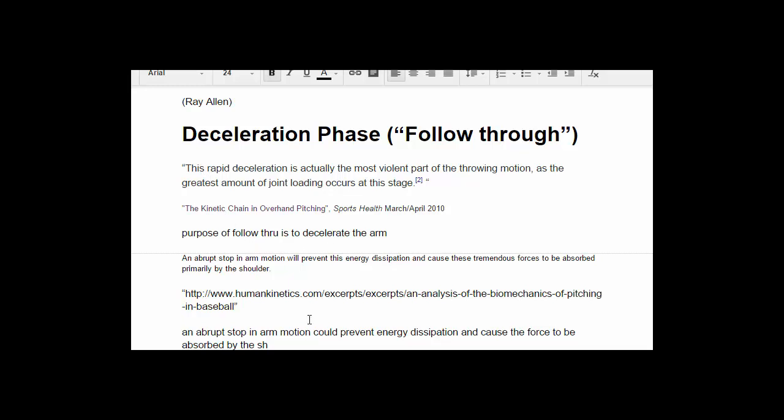Deceleration has been studied a lot more in baseball. If you hold your fall through in baseball, your arm's gonna explode, like your shoulder. An abrupt stop in arm motion will prevent this energy dissipation and cause tremendous forces to be absorbed primarily by the shoulder. If we think about Newton's second law, basically force causes acceleration and deceleration is caused by force as well. Ideally, we want to use the muscles to decelerate and we want to do it over a wider